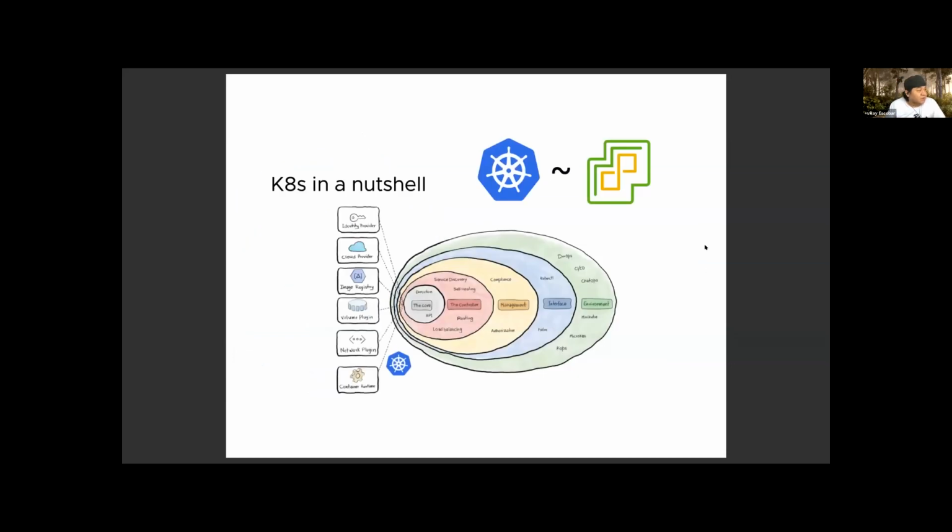So, what is Kubernetes? In a nutshell, it's something similar to what we have with vCenter Server. Most of the folks know what vCenter Server does in its functionality. So let's say that Kubernetes is the same, but for containers in this case, right?